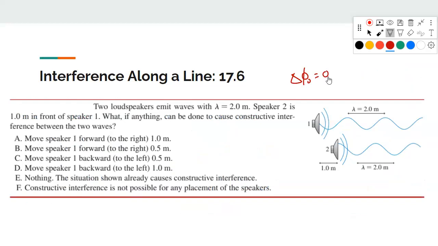So the only formula you need for this one, since delta phi naught is 0, is just delta phi is 2 pi delta x over lambda. And then you just plug in all of the different delta x's. So for example, when they say move forward 1 meter, but speaker 1 was initially 1 meter behind speaker 2, this one makes delta x 0. Whereas this one makes delta x equal to 2 meters, because we start off with this 1 meter separation. So all of these just create some delta x, we plug them into our equation,